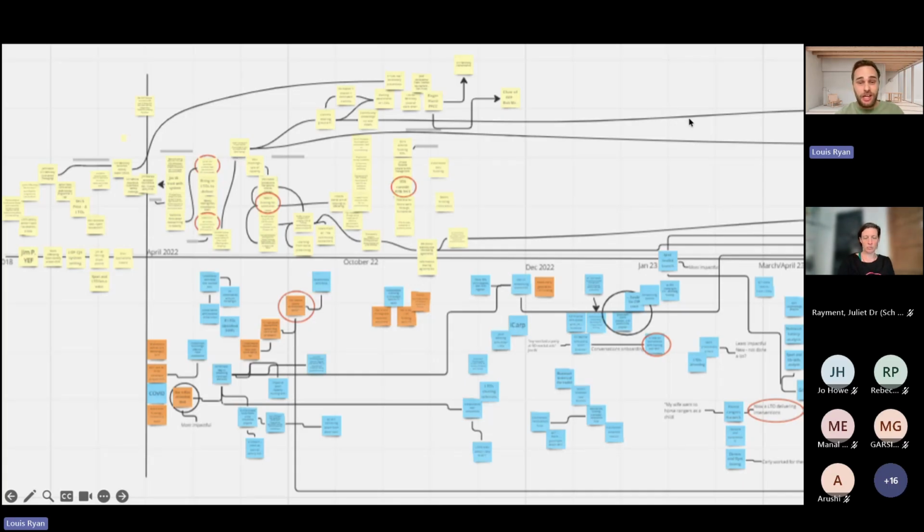But I just want to say, if you're going to have a go at ripple effects mapping and your map looks perfect, you might want to ask the question, okay, is this really what's going on? Because if I'm working in a complex environment, with people or children or animals, things don't go perfectly. So what might be causing this? It might look perfect and it might be perfect, but I do encourage you to double check.